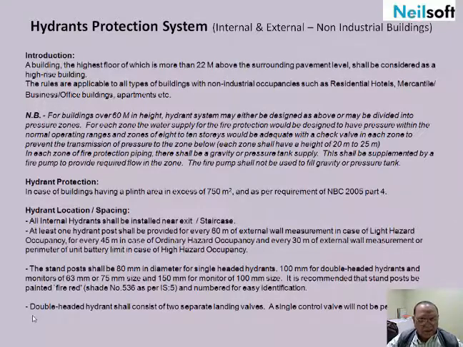Now, these explanatory notes are there. Double hydrant shall consist of two separate landing walls. A single control wall will not be permitted. It means when there are two walls supplied by one pipe, they should be separated or isolated by separate walls. So a double-headed hydrant will have two control walls and the single